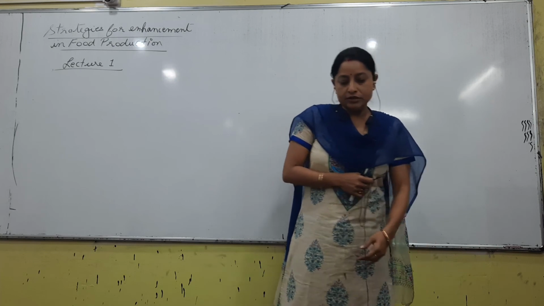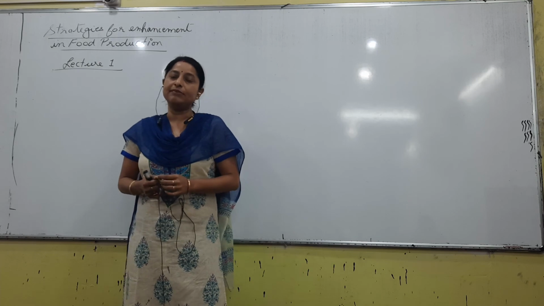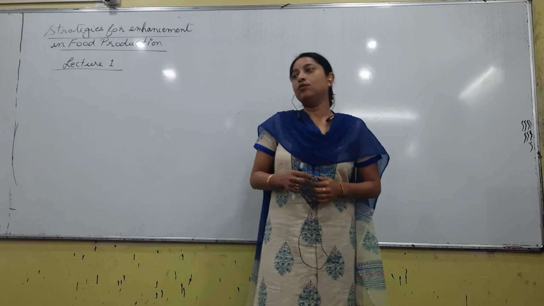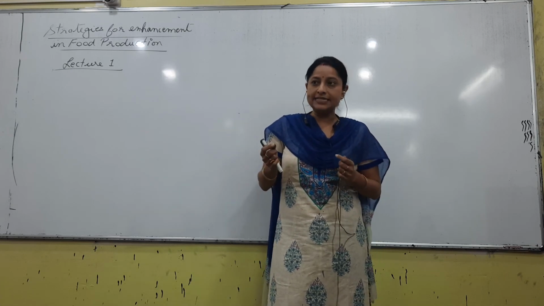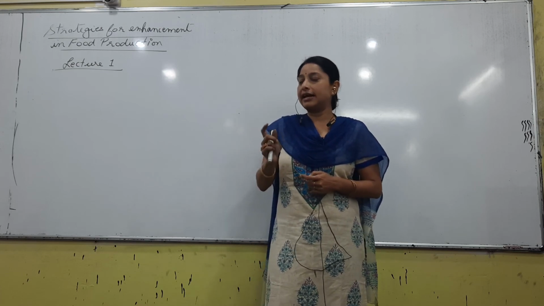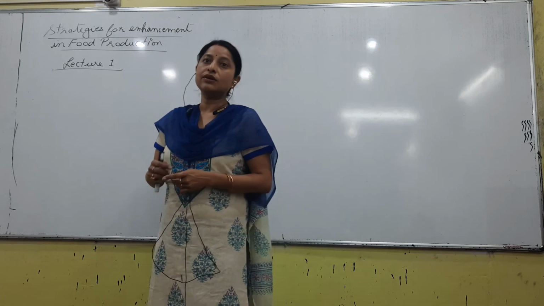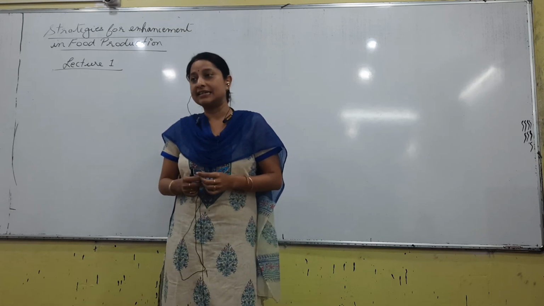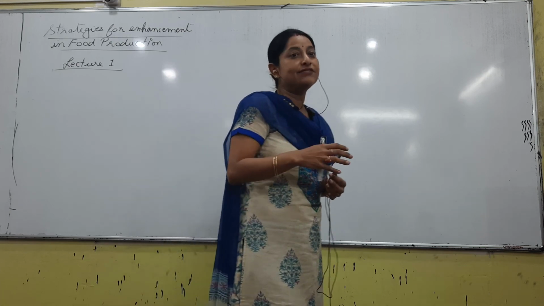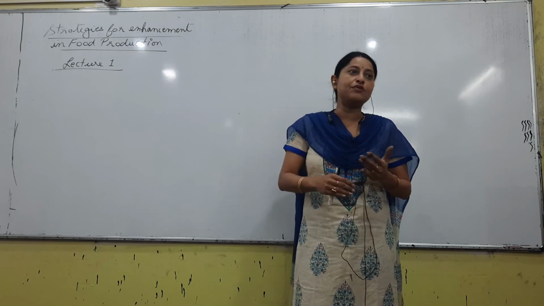So let's begin. Before writing the notes, what do we understand by the word plant breeding? Very simple, you don't go by definition. Plant breeding, what do you do? You take two plants, right? What you do? Cross. Hybridization is a word that we understand. You make a cross, why? So that you get a desired result, right? The offspring that we want, just to have that offspring, we select two best parents, we make a cross and then we produce the offspring.